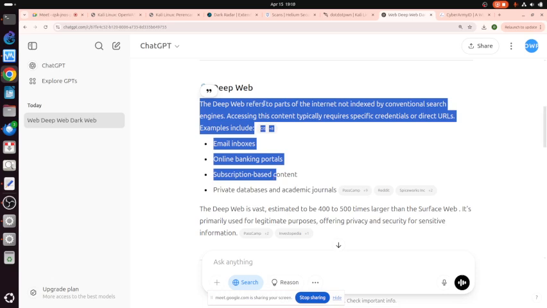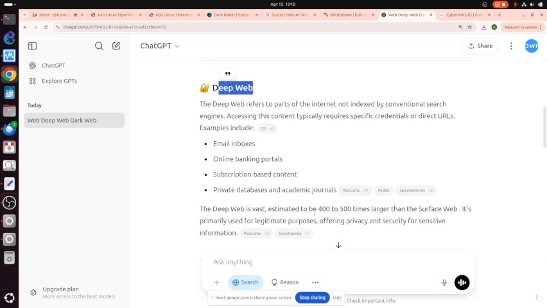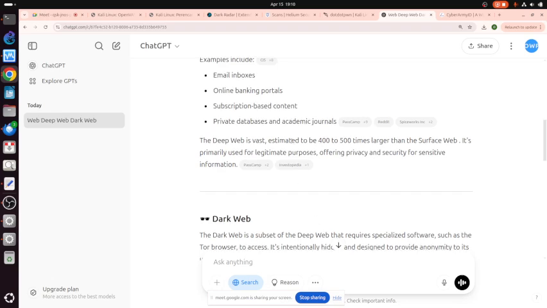So that's deep web. Okay, if a hacker can access deep web, that becomes a problem because within the deep web normally we have company documents, secret company documents, highly classified documents of the company. Okay, so deep web is inside the company. Deep web is estimated to be 400 to 500 times larger than surface web. So deep web is within the corporate, and can only be accessed by the employees of the corporate.